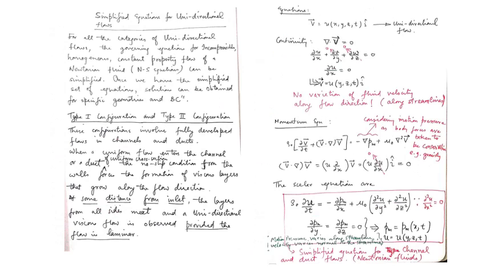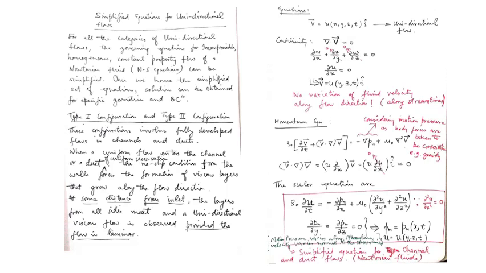Right. So let us now move on to this small exercise of simplifying equations for the various unidirectional flows or flow configurations. So for all the categories of unidirectional flows, the governing equations for incompressible homogeneous constant property flow of a Newtonian fluid can be simplified. Now यहाँ पे मैं ये कहना चाहूँगा कि